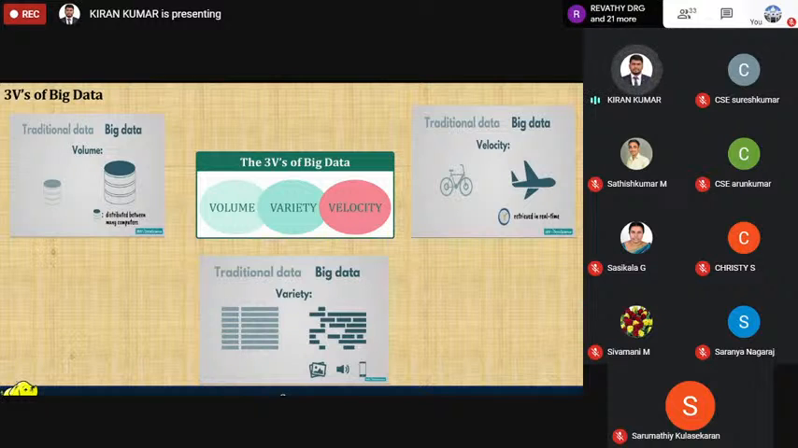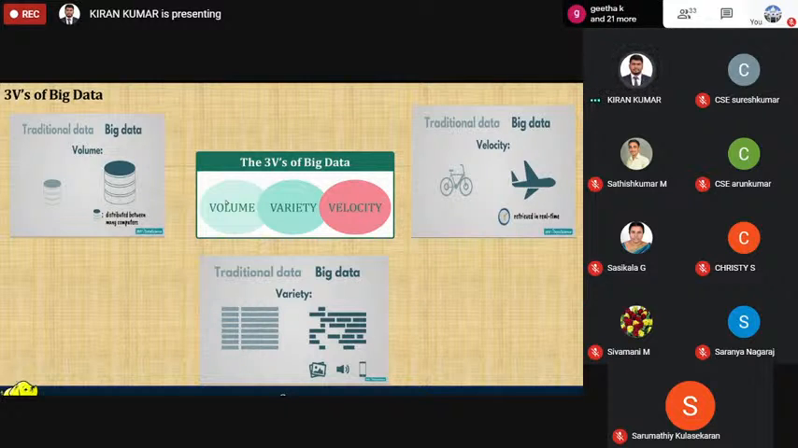You can see towards the left hand side of my presentation. Here we are trying to compare the traditional versus big data. With respect to volume, the volume describes the amount of storage space required to store the big data and to store the traditional